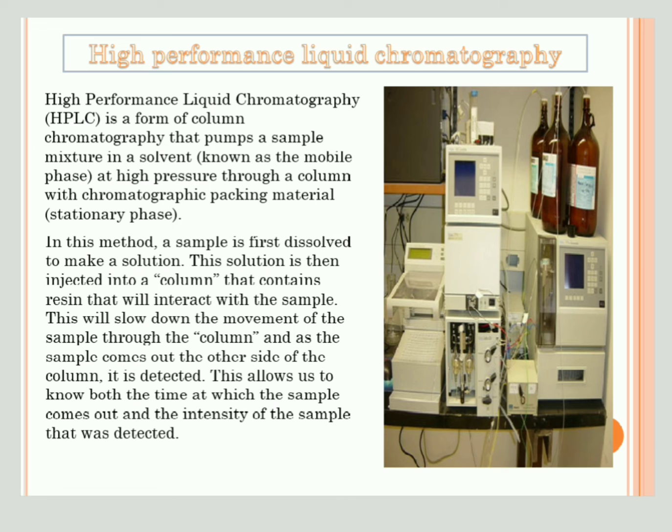The column is filled with silica particles which are modified to make them non-polar. This is done by attaching long hydrocarbon chains to its surface. A polar solvent mixture of water, alcohol, methanol, and polar compounds in the mixture pass more quickly through the column because a strong attraction occurs between the polar solvent and the polar molecules in the mixture.